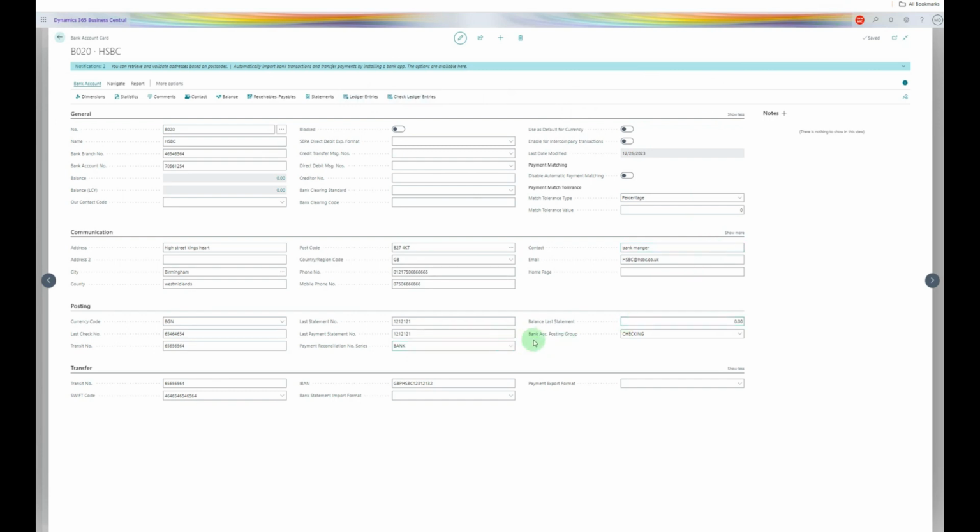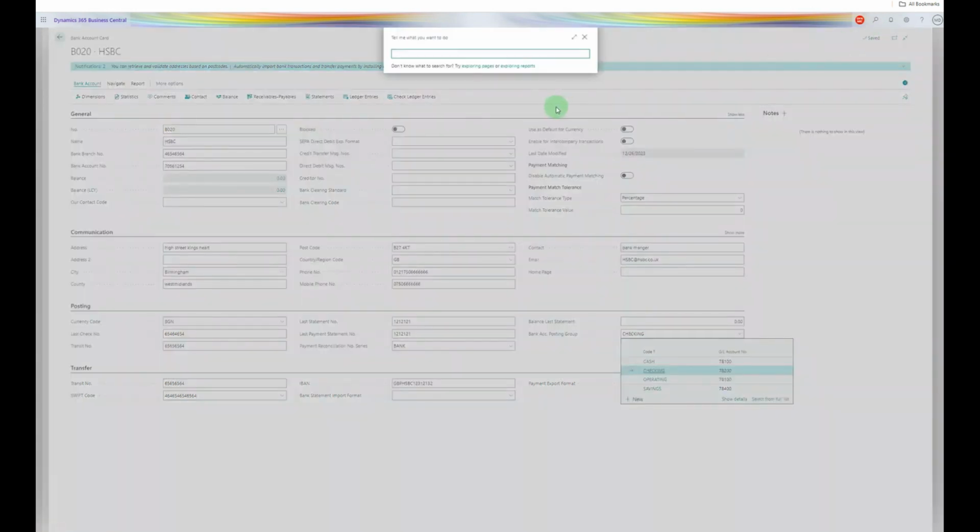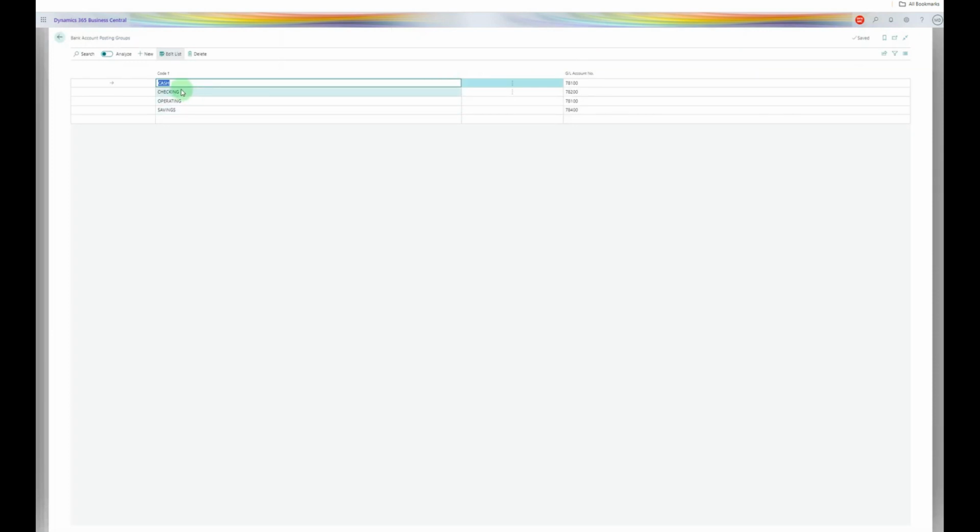I mentioned it's very important about this. So that was bank account posting groups. If you go to the bank account posting groups, then we can see we set up these 4 bank account posting groups, and that's the value. So that's a GL account, which is what we're using for posting. So let's say we were using check-in. So if you go to check-in,